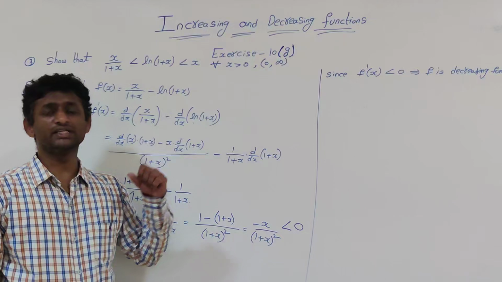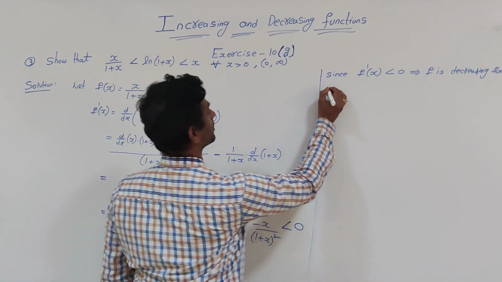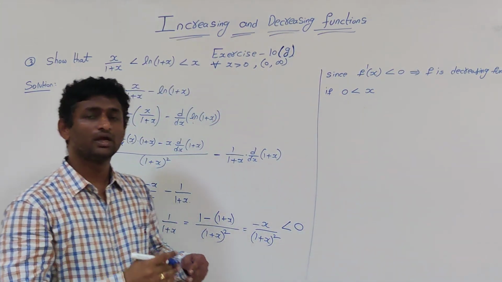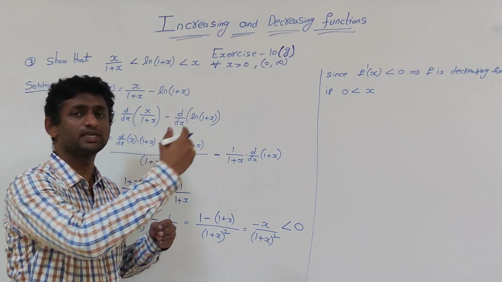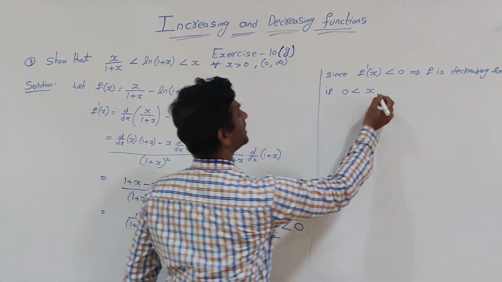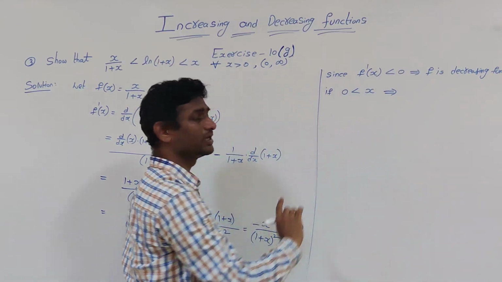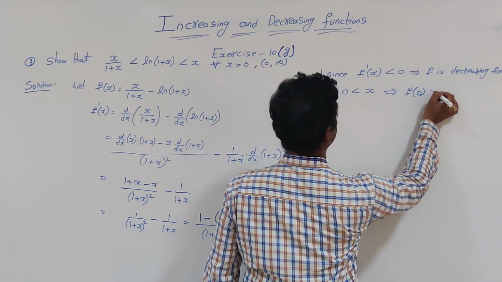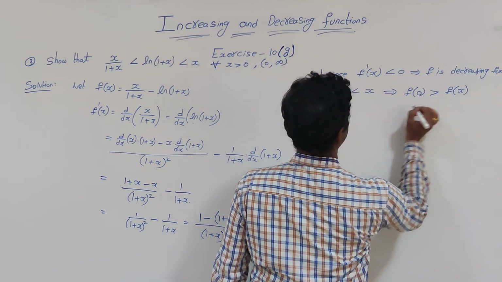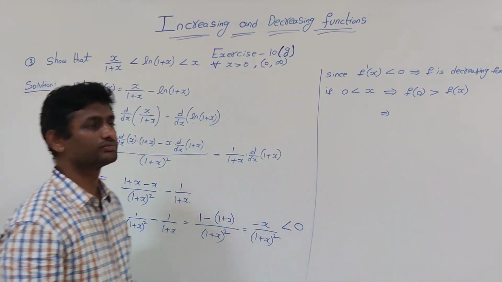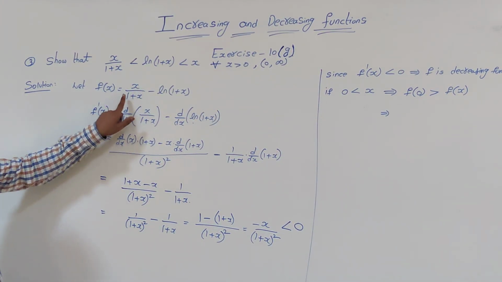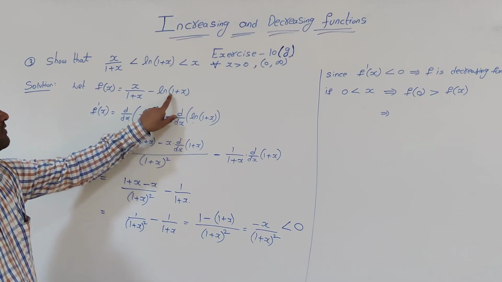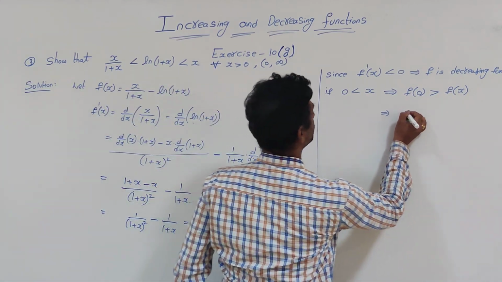Now we apply the definition of a decreasing function. If 0 is less than x, normally the values will be on the right side of 0 only. So 0 is less than x implies, as per the condition of a decreasing function, what should be? f of 0 should be greater than f of x. But what is f of 0? f of 0 is 0 by 1 plus 0, minus ln of 1 plus 0, and ln 1 will be 0. So 0 is greater than